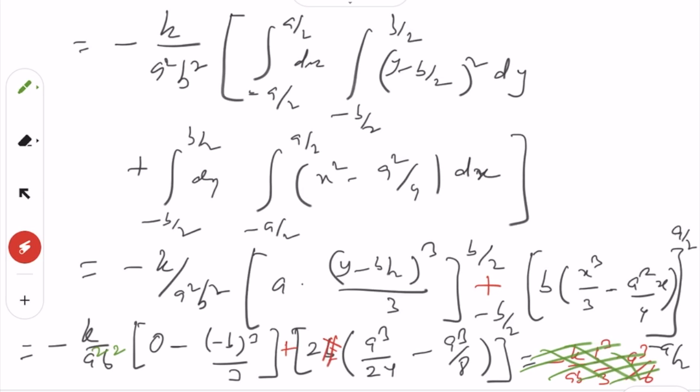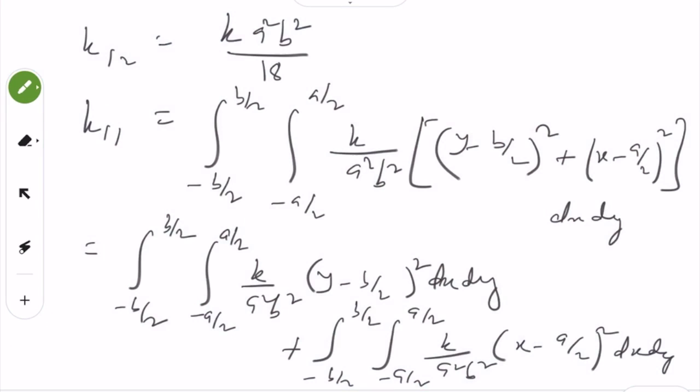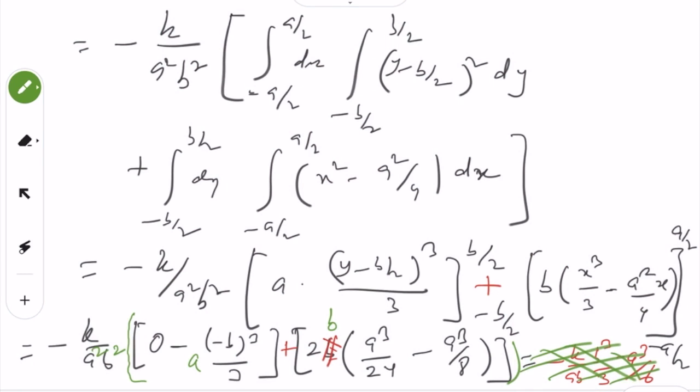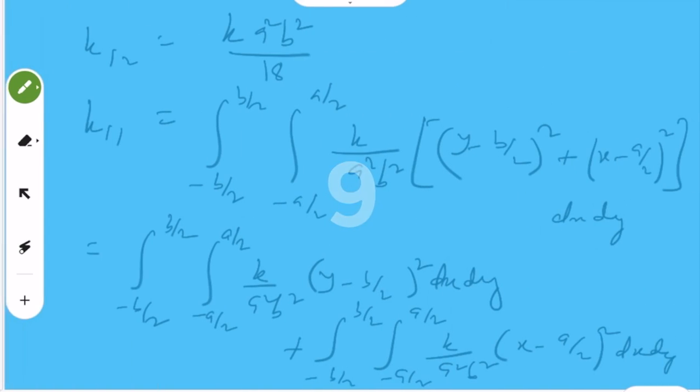This a I will write here, and this b I will write here. Okay, and there has to be a bracket, so put the bracket here so that this is common to all of them. So this becomes like this, hence k12 becomes not equal to this but equal to